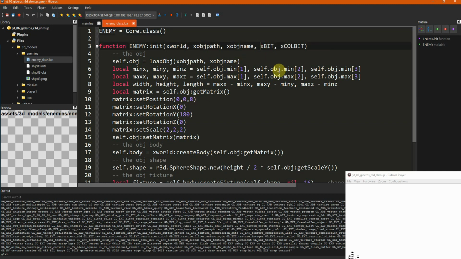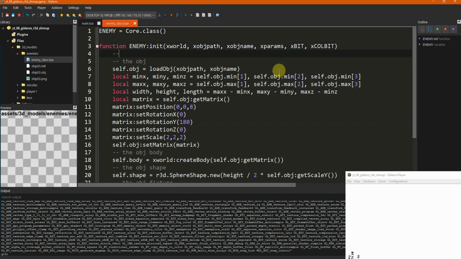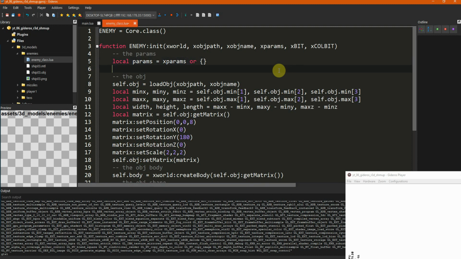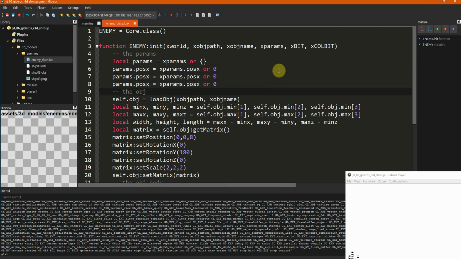Quickly we add the parameters, so x params, and then we set the same we did for the other classes, the params. So local params equals x params or empty table. Then we set params.posX equals x params.posX or 0. We do the same for the y and the z position.